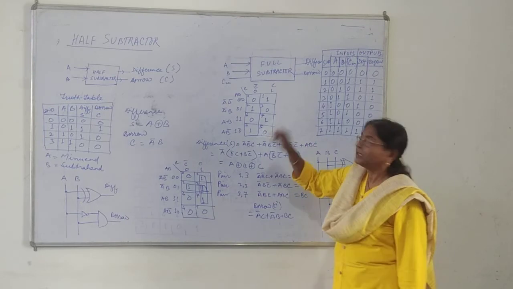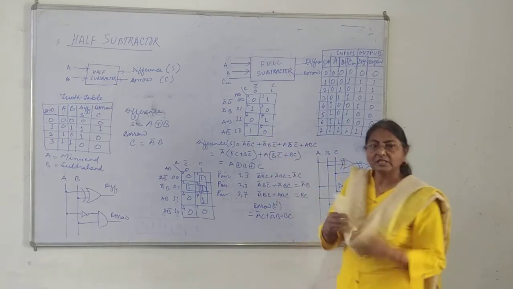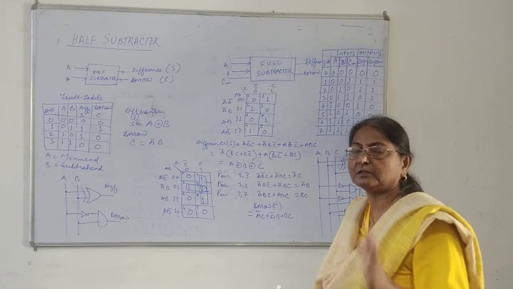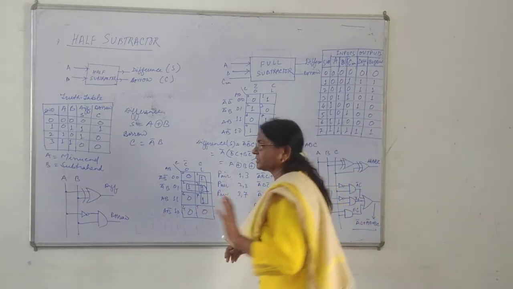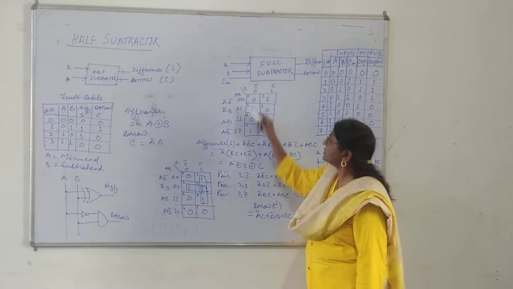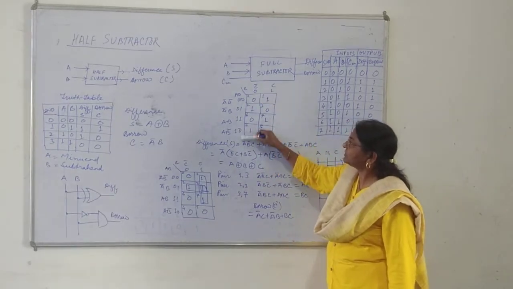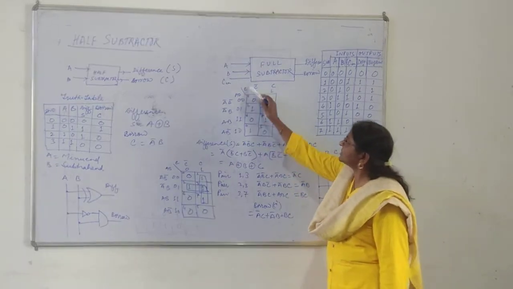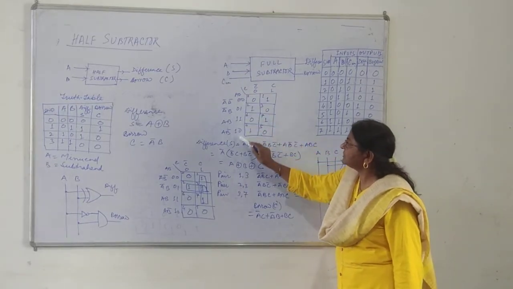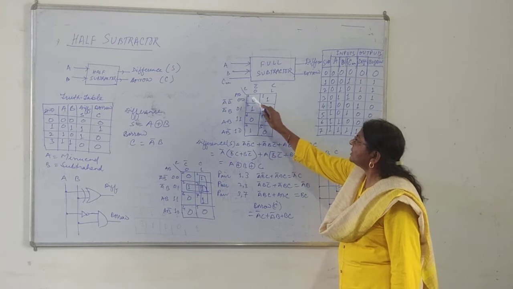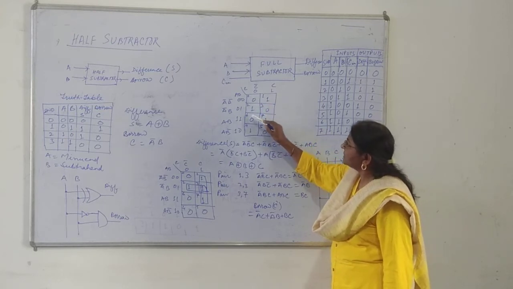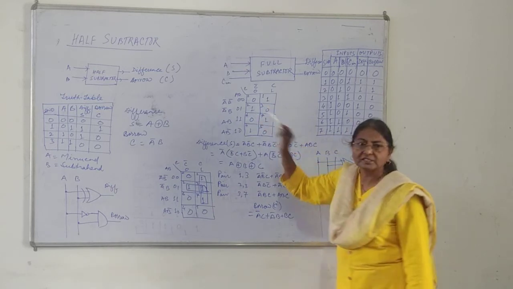So you can just understand. We can change the orientation of the map as per our need, as per our requirement. Just you can see, here I have changed the orientation. 2 variables I have taken on the vertical line and 1 variable on the horizontal line. A, B, C, 0 0, 0 1, 1 1, 1 0 values, and this is 0. And in the same way all the cells I have given the decimal equivalent value in the corner.